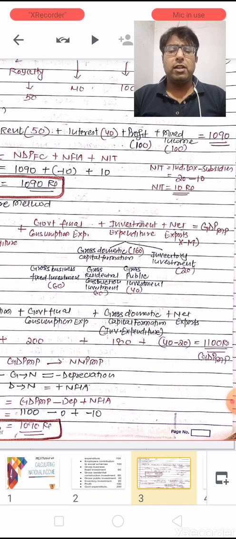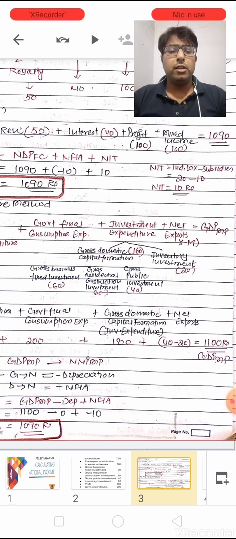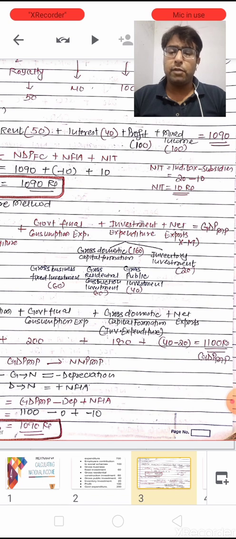So all three values are given as 60, 60 and 40. When we add all these values, we will get the value of gross domestic fixed capital formation. Children, here fixed is missing, that is gross domestic fixed capital formation, the value now becomes 160, and when we add the inventory investment with this 160, it becomes the investment expenditure, or the gross domestic capital formation value.